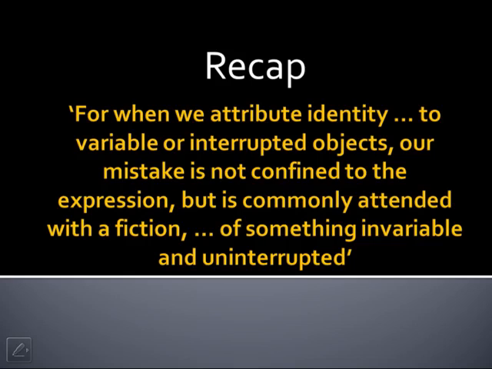Just to quickly recap, in our previous module we discussed how Hume argues that we commonly confound identity and diversity. So with things that are actually different objects because they've changed, so they're diverse, we tend to still think they're the same. Hume also says that not only do we tend to ascribe an identity to them when actually they're diverse, but in order to justify ourselves for that mistake, we often make up what he calls a fiction. So a fictional principle, something like a construct.